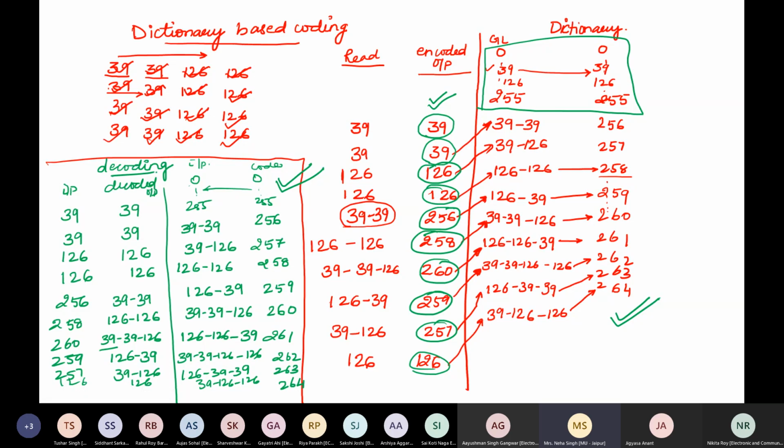The bigger the data is, the more the compression, because later such big sequences will be represented using only 9 bits, rather than 8 times 4, that is 32 bits. Now I will require only 9 bits. Fine. So this is referred to as LZW, Lempel-Ziv-Welch coding, which is a dictionary based coding.